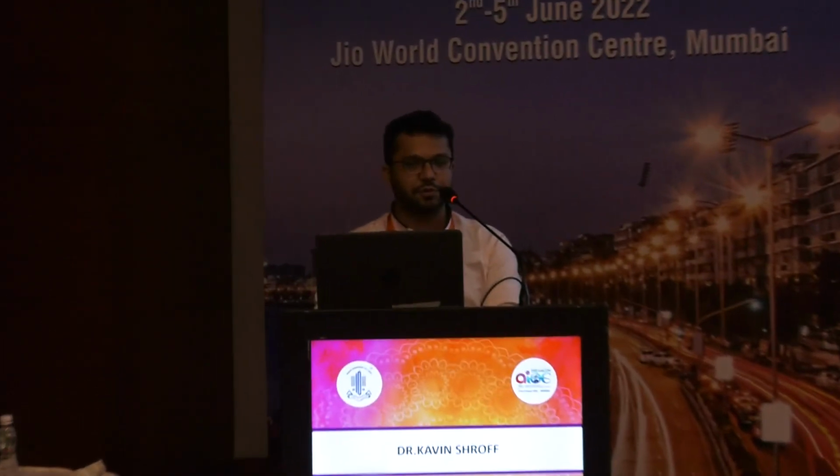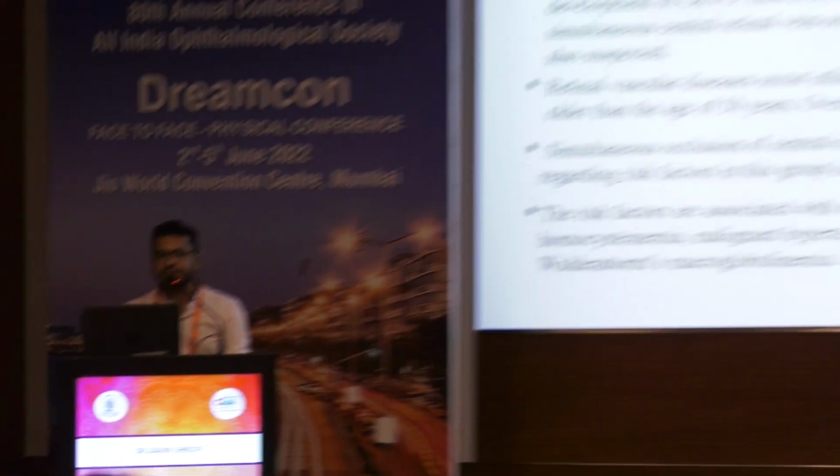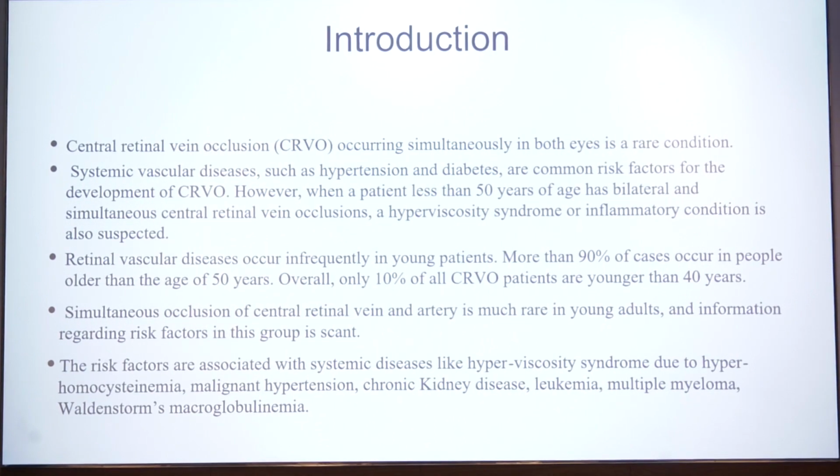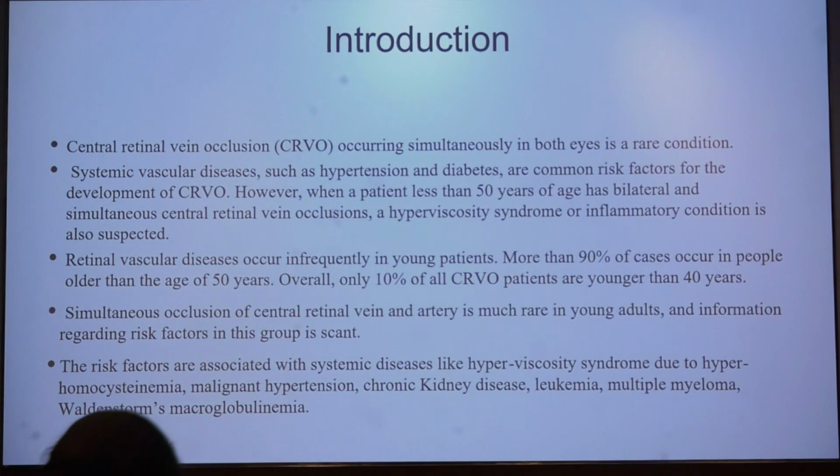Good afternoon. I want to present the case report on bilateral simultaneous central retinal vein occlusion in a young patient. CRVO occurring simultaneously in both eyes is a rare condition. Systemic vascular diseases such as hypertension and diabetes are common risk factors for the development of CRVO, which we already know. However, when a patient less than 50 years of age has bilateral and simultaneous CRVO, a hyperviscosity syndrome or inflammatory